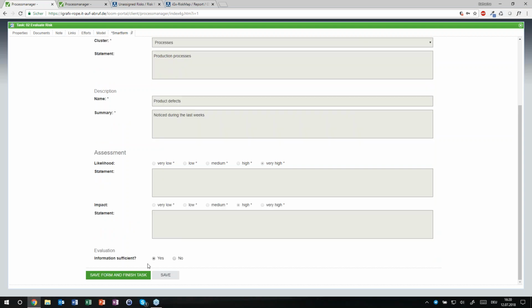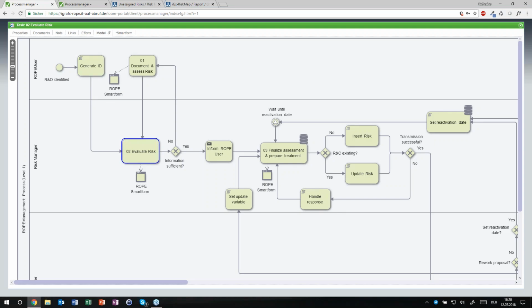So I might want to say yes. In case I say yes, the process will continue, and how the process will continue is always in the background in the model here. For those familiar with process modeling, technically it's a BPMN diagram in the background, modeling in swim lanes.